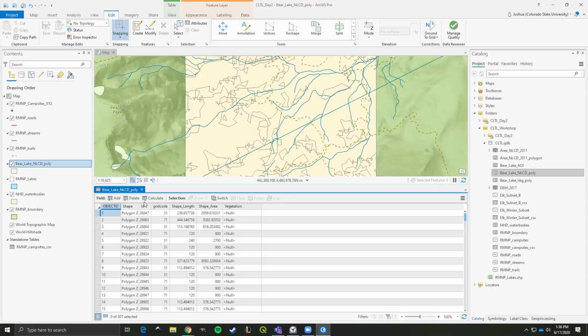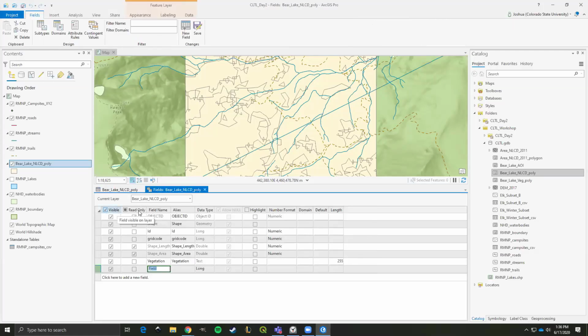All right. So when you've got your attribute table open, again, in the top left of that table, it'll say field, and you can select add, delete, calculate. You will click add, and it will bring up a new table that has all of the fields that it currently contains,